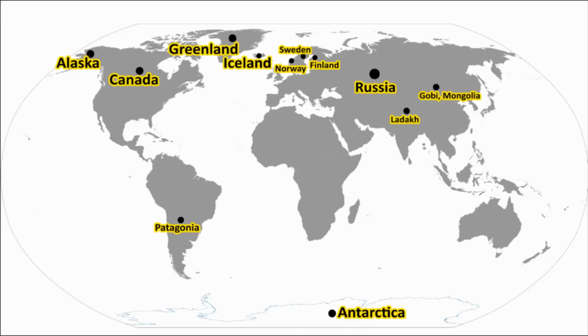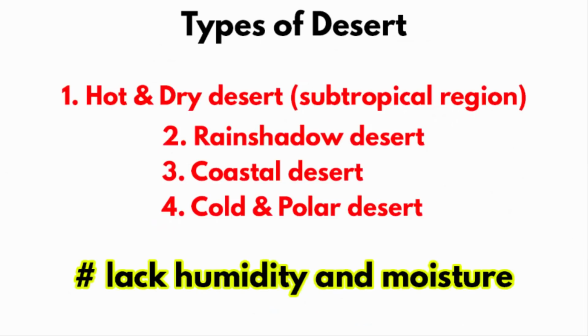Cold deserts are found in temperate regions at higher altitudes and are located at the center of the continent. Because of the low temperatures, pressure, moisture, distance from sea, and poor vegetation, precipitation is very low in these regions. So the important point that you have to remember is that all these different types of deserts have one thing in common. They lack humidity and moisture. When there is less humidity or moisture, that's when there is a shortage of rain. A desert is an area that receives very little precipitation.